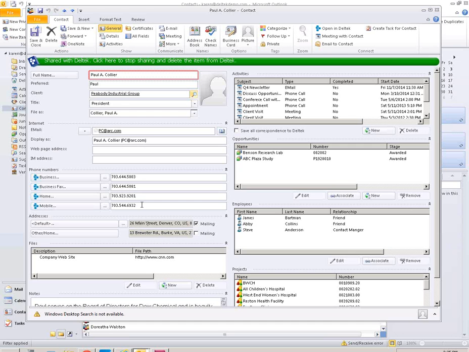Down here on the left is current information that you have about Paul. And then over here on the right is that CRM information that we're overlaying for you. So again, those activities. So what are the last touch points I had with Paul? If I'm about to go into a meeting with him, maybe I want to see, okay, what was the last